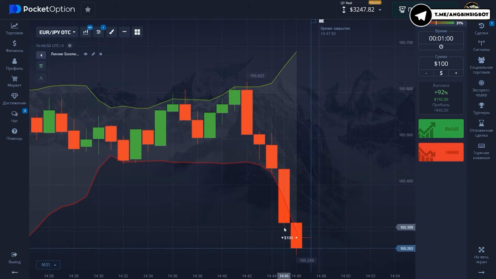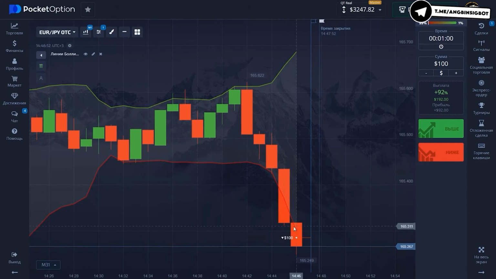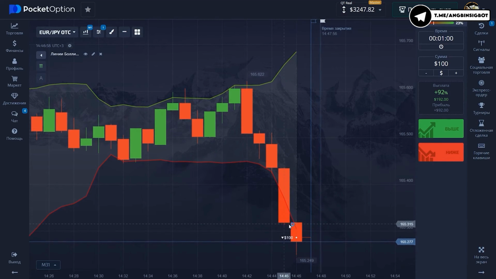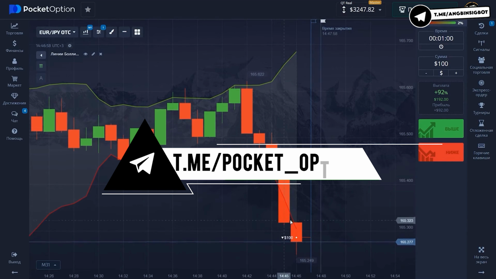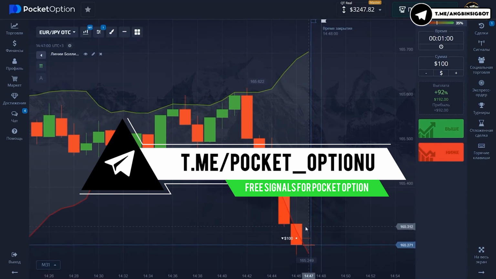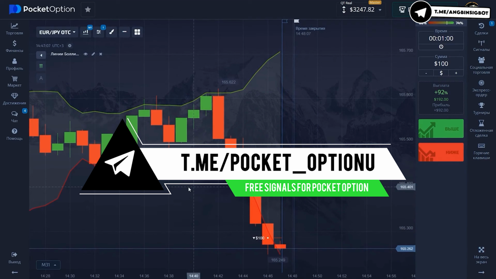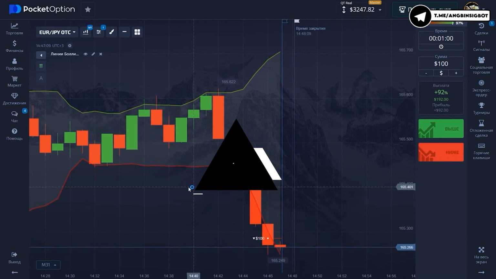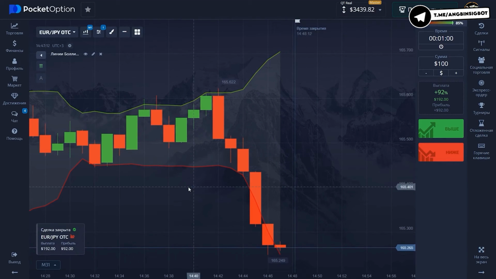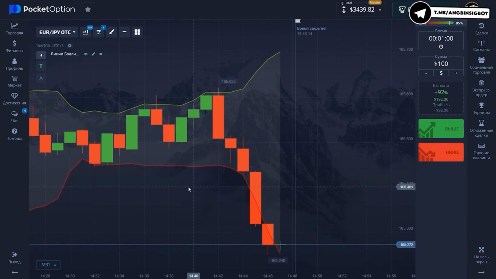You see, I entered at a bad point. If I had observed this situation earlier, I would have entered right at the opening of the candle. That is, I would have seen that this candle closed and immediately entered for a short position. But look, even at a bad point, the price continues to go down, and we are getting a profit, plus